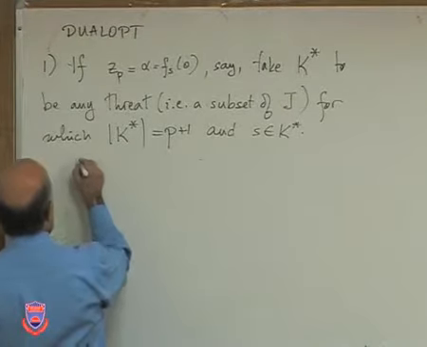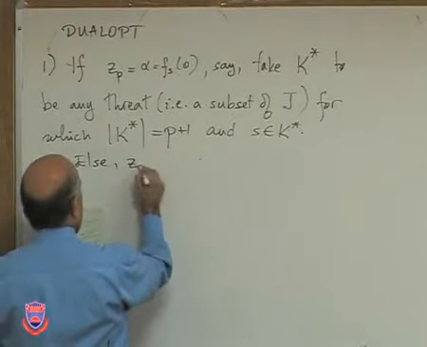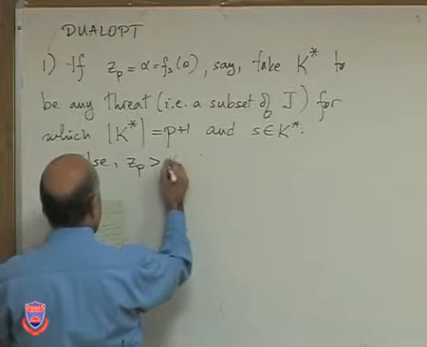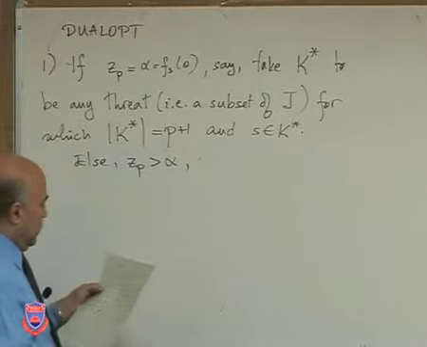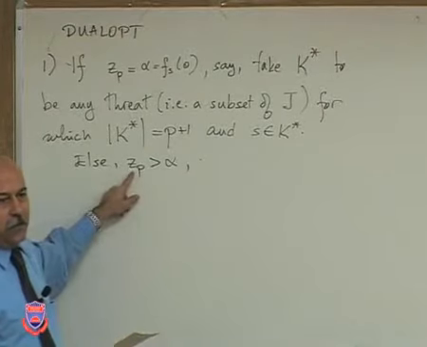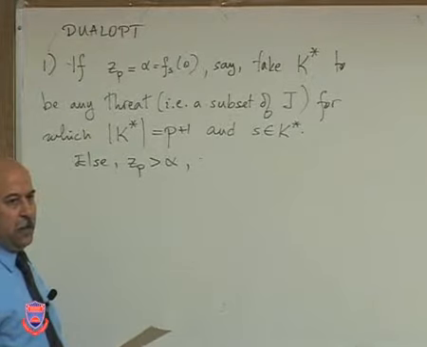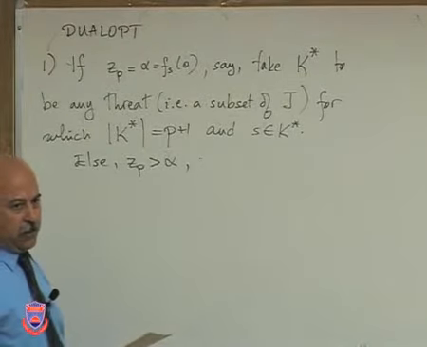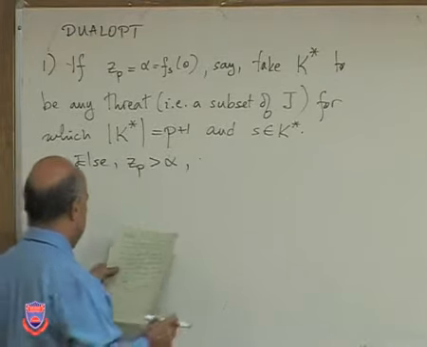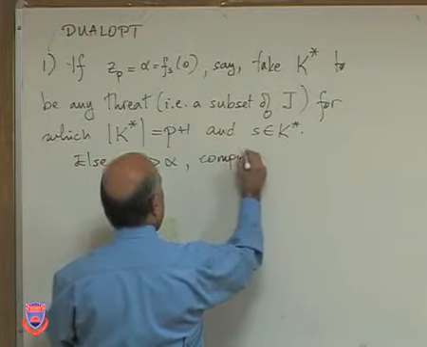In the remaining case, the optimal objective value of the primal ZP is greater than alpha. So this, of course, assumes that you have a knowledge of ZP. So you must have solved the p-center problem in some way, or somebody must have told you what the value is. Okay, so in this case, we compute